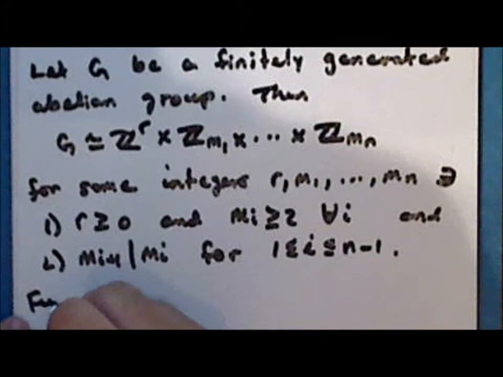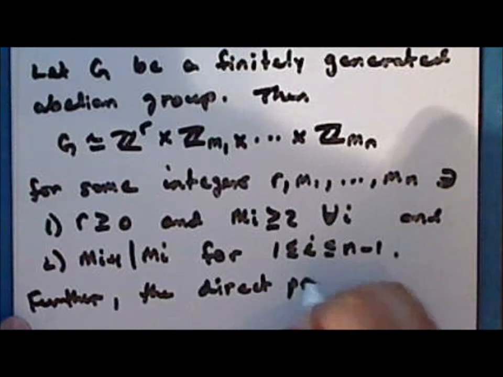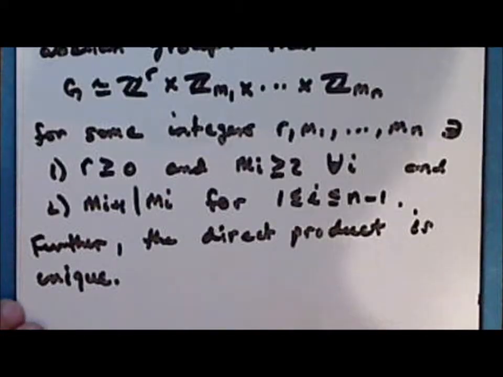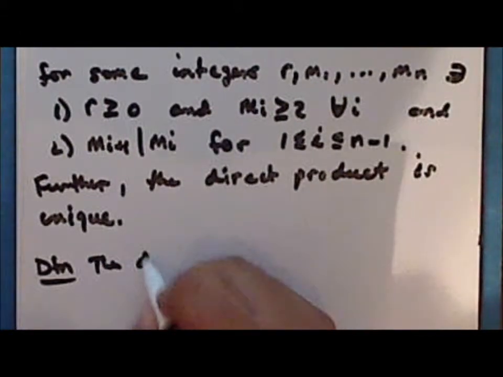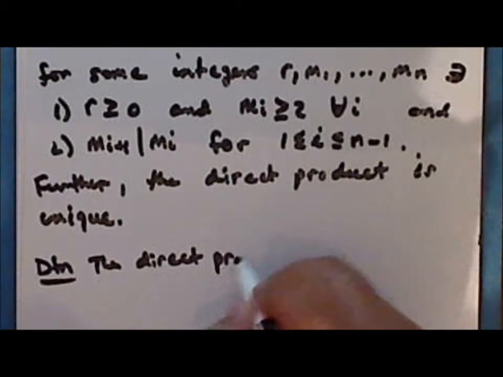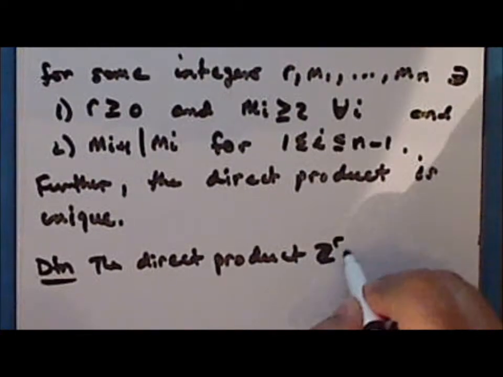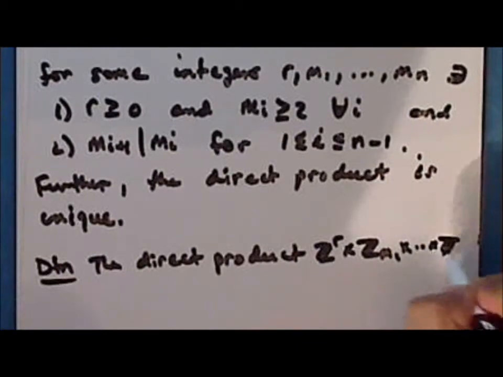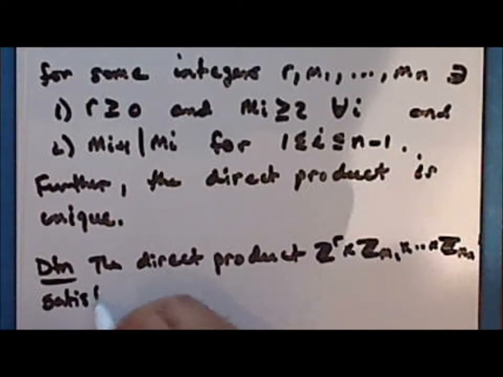Further, the direct product is unique. Now, the direct product Z superscript R times the integers modulo m sub 1 and so on times the integers modulo m sub n, satisfying